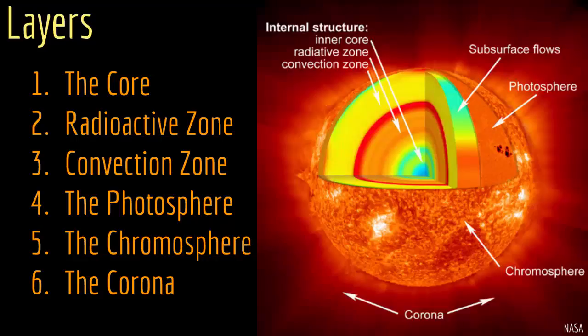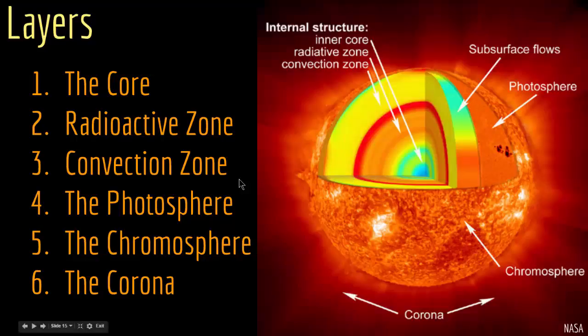There's a huge difference. Also, the region of the core extends from the very center of the sun to about 20 to 25% of the solar radius. And as I mentioned, the core of the sun is where nuclear fusion happens, the process where hydrogen turns to helium. Then we have the radioactive zone. This zone is about 0.8 of the solar radius, and it's the zone where energy gets transferred. The more we get away from the core into the radioactive zone and away from the boundary between the core and the radioactive zone, the temperature decreases.